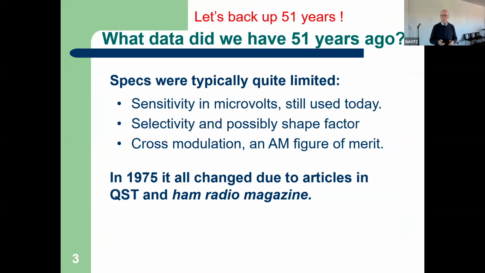So let's back up 51 years ago. Now, the specs that were available back then were sensitivity, selectivity, particularly once we got a Collins mechanical filter, and then a term called cross modulation that was an AM thing. I've never heard the term in 20, 30 years. In 1975, this all changed because QST and Ham Radio Magazine, and hopefully we all wish the Ham Radio Magazine was still around. But anyway, in 75, they published